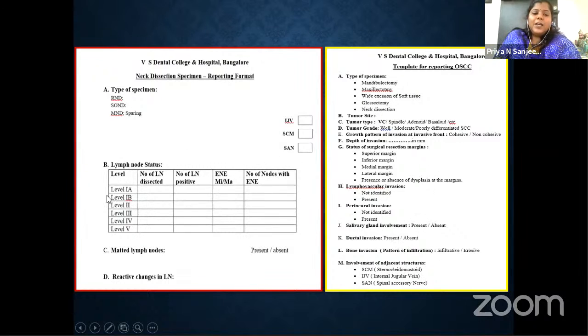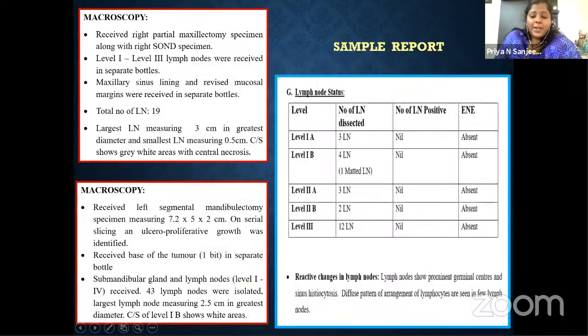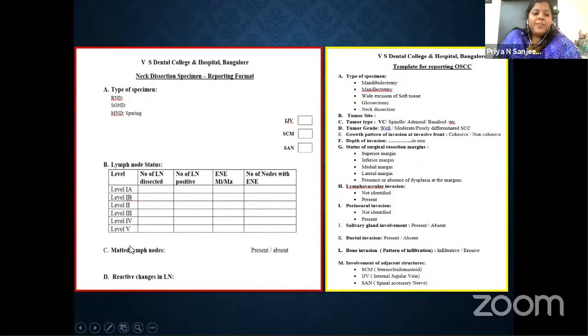Then comes the lymph node status. So this is in general for the squamous cell carcinoma. For reporting lymph nodes, we can give the heading lymph node status and mention the levels of lymph nodes, the number of lymph nodes resected from the specimen, number of lymph nodes which become positive, and then mention about extranodal